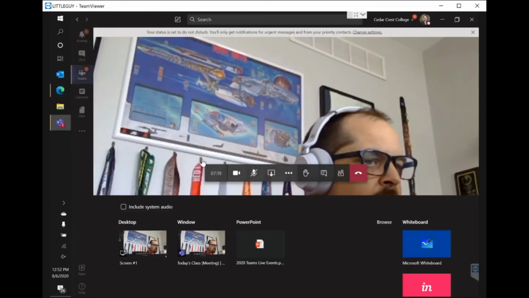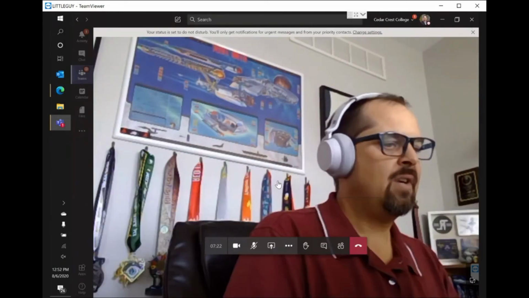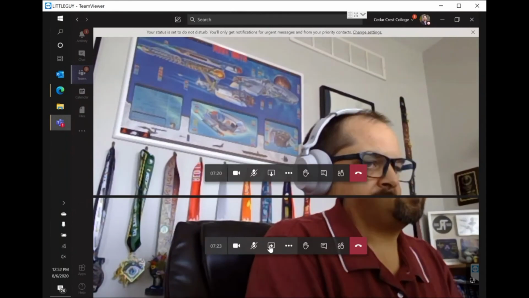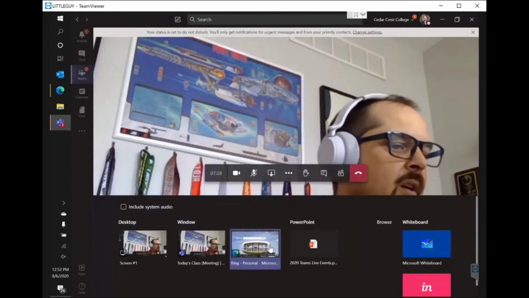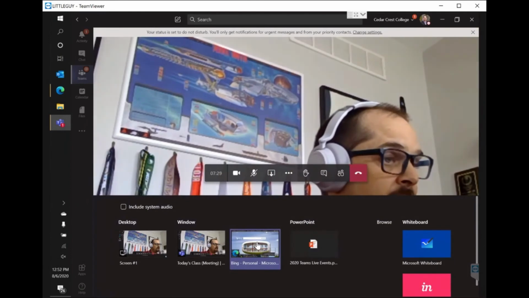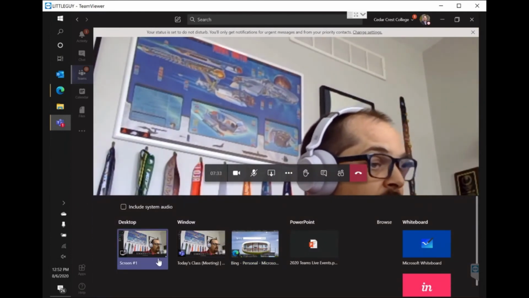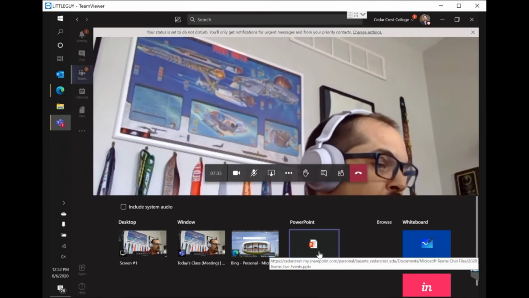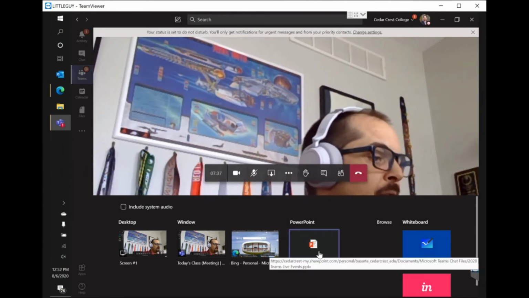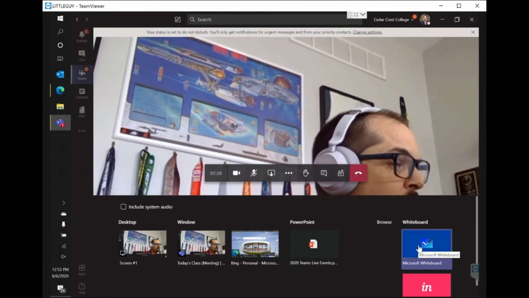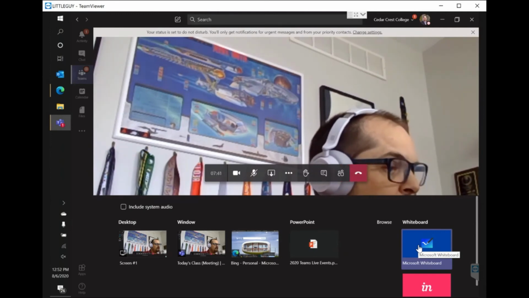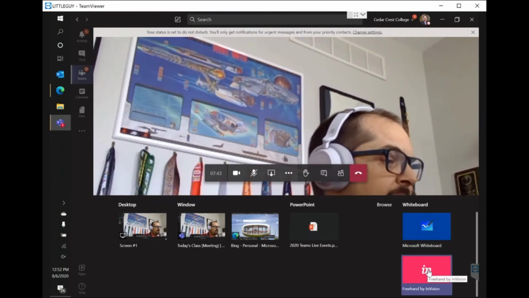And come back to Teams. And if I drop this down and bring it back up, it's going to register that I now have Edge open. If I want to share just Edge and not my entire screen, I can do that. If I want to upload a PowerPoint, I can upload a PowerPoint to show it. I can also do a whiteboard with Microsoft's built-in whiteboard, or I can use Freehand by InVision, which I have